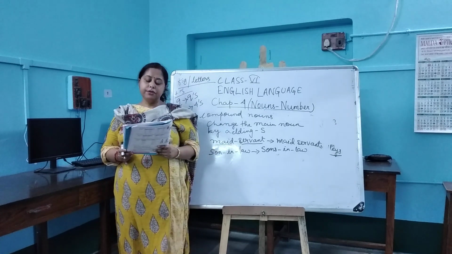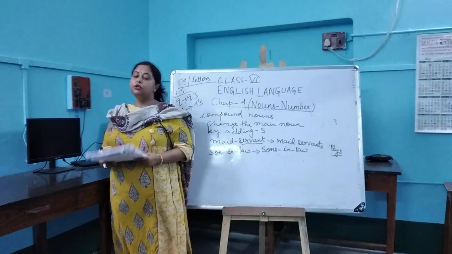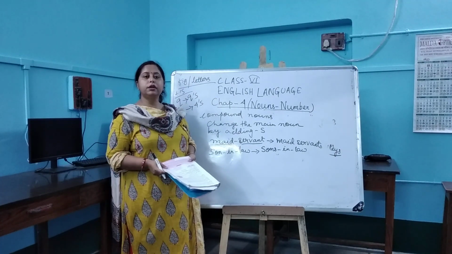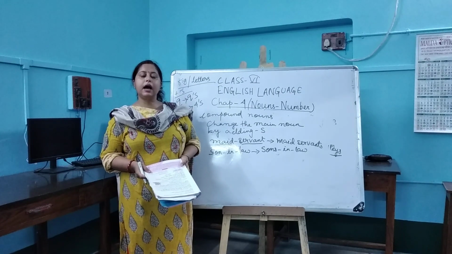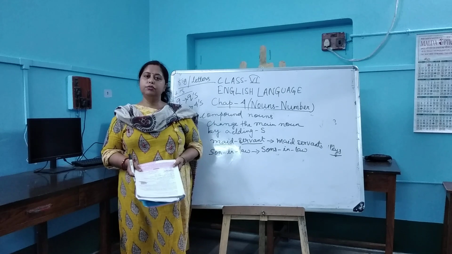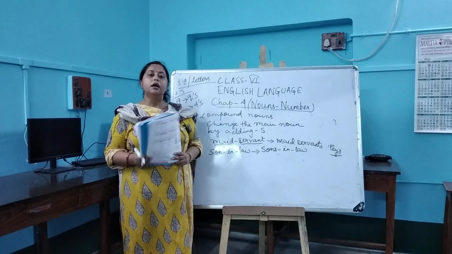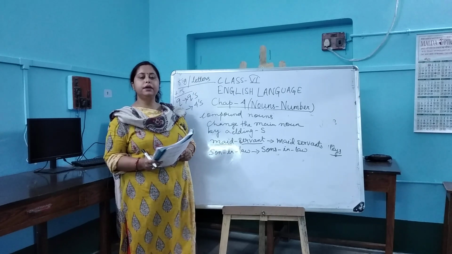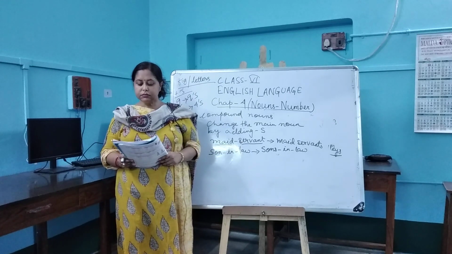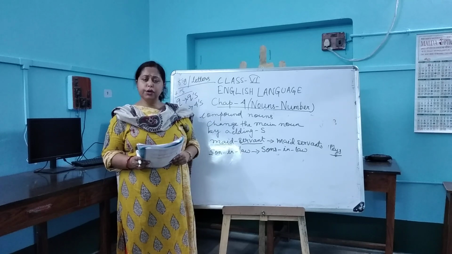Names of materials or substances are known as material nouns. I have taught you what a material noun is, the things by which something is made, like glass, iron. They are also not counted, so they are also not in the plural form. They are always used in the singular form. The mirror is made of glass. Paper is made of wood, in this way.